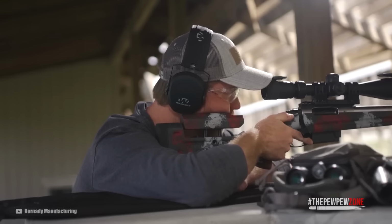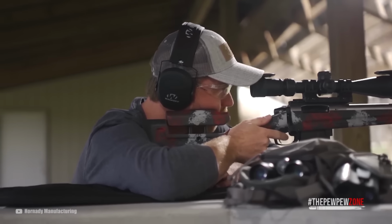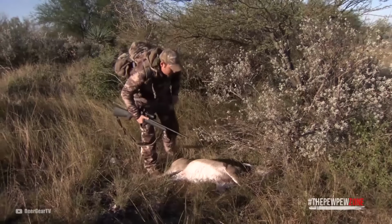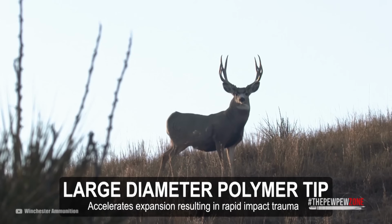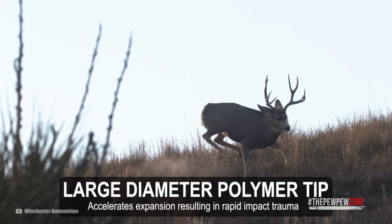It has been used for everything apart from the largest game. It is accurate to begin with, and it does shoot well. Granted, the trajectory could be flatter, but you can deal with it for a simple reason. This caliber is just super consistent. Knowing where to aim, having a good scope, and a little bit of experience, you can hit what you want